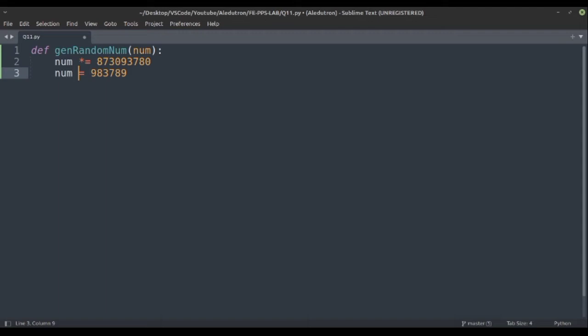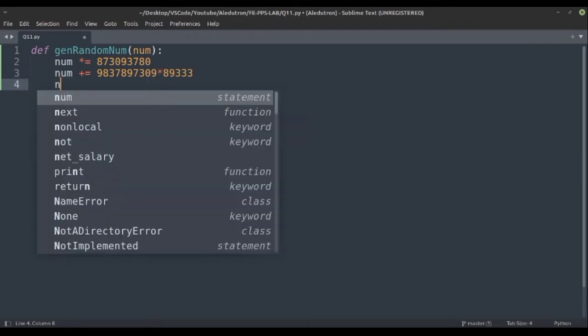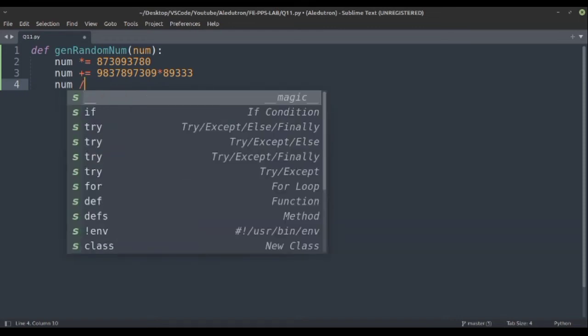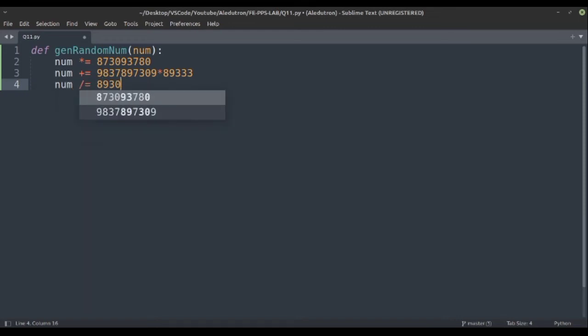So let's now add this to the number some random number multiplied by something, and then we will take num and divide it with some more number,